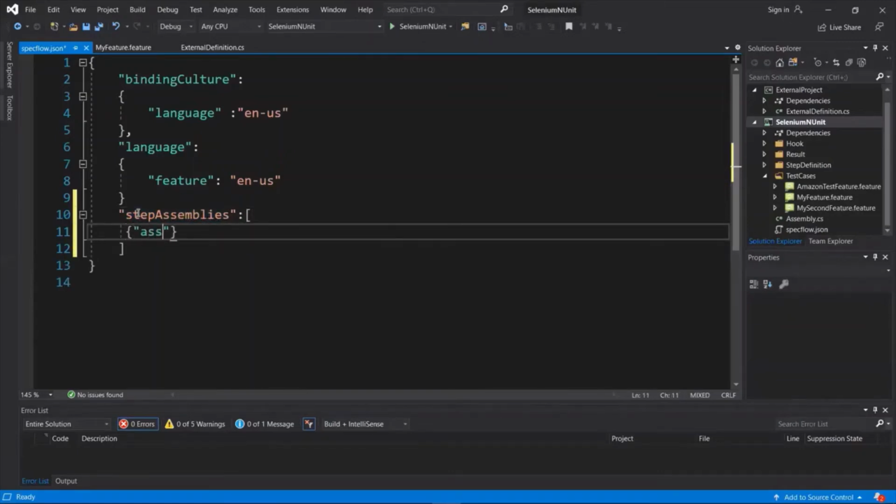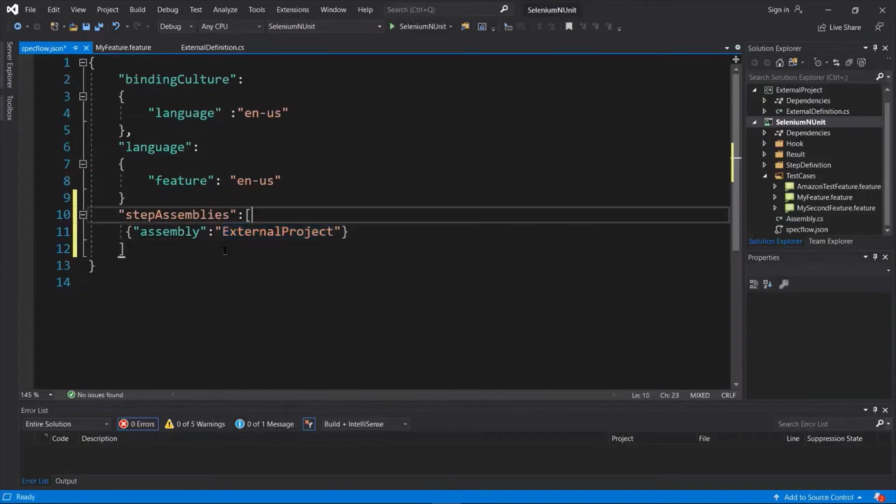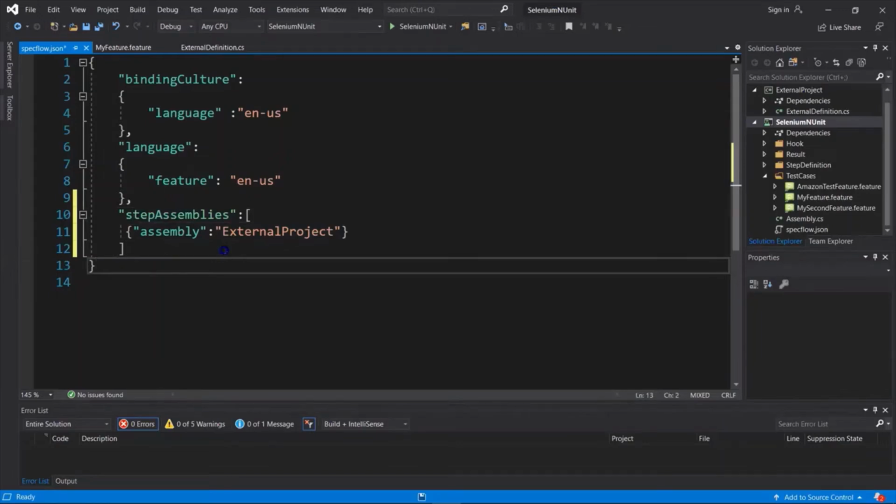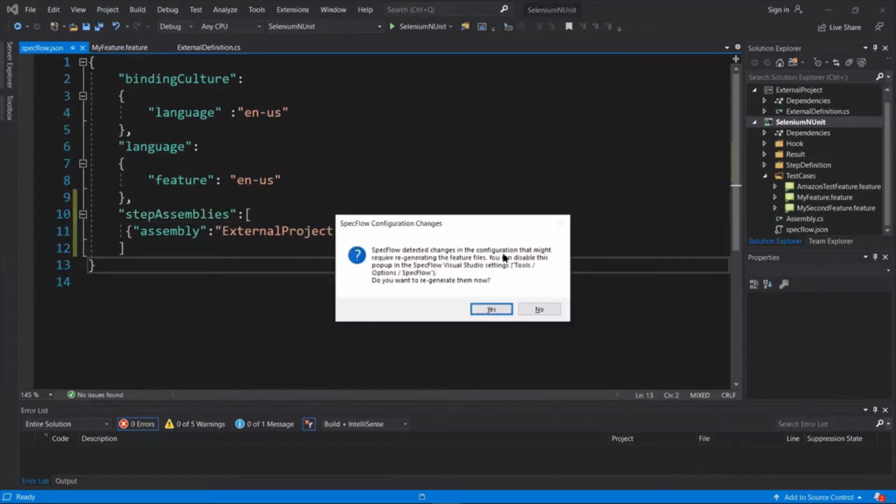Under that key, we will create another key called assembly. This key should contain the external project or DLL name where our step definitions or step bindings are placed. In our case, the name of the project is external project, so we have to provide the same name here. Save the file and click OK on the dialog box asking for regeneration of feature files.